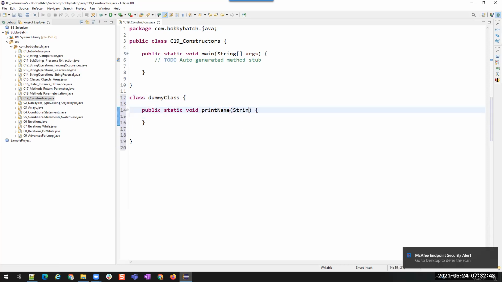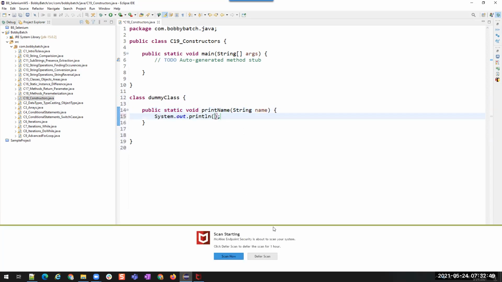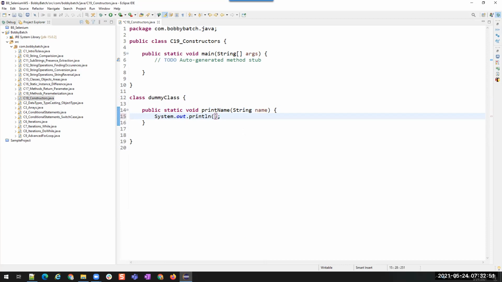I'm going to pass a string name, and here I'm printing it.